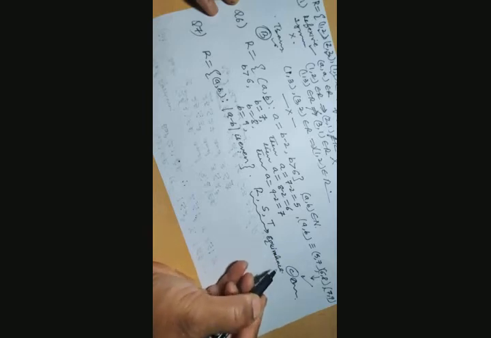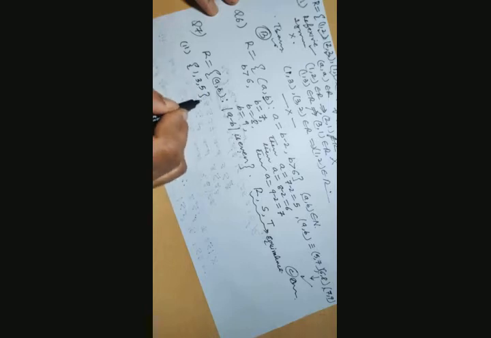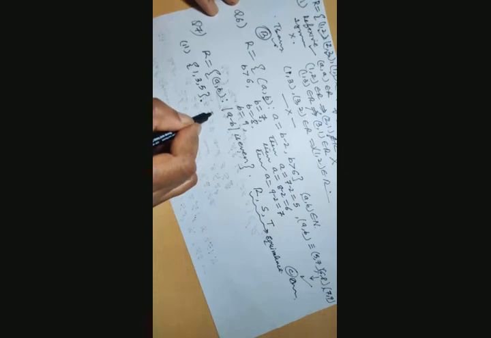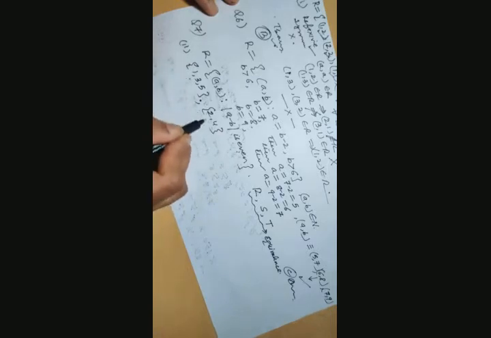And then, the second part: show that all the elements in this set are related to each other, and all the elements in the other set {2, 4} are related to each other, but no element here is related to any element here. So that is the second part.